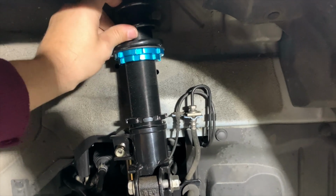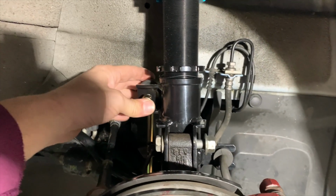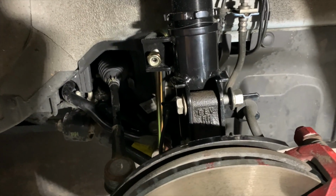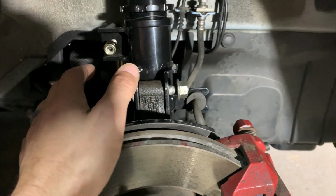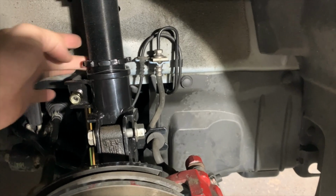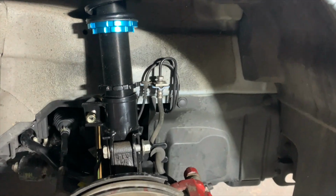Now for the trickiest part of the installation. Once it's in and your preload set to 0, you might have to redo that again because you're going to need to make this sway bar end link fit. So you see how this has really a lot of play in it and there's nothing being pushed or pulled? It's really loose right now and the nuts aren't even attached yet. The Megan Racing kit gives you nylon locking nuts, but you still have to use a 5 hex key to hold the inner shaft. Right now, to make this fit, you can spin this up and spin this whole entire